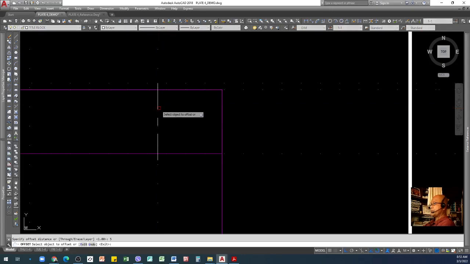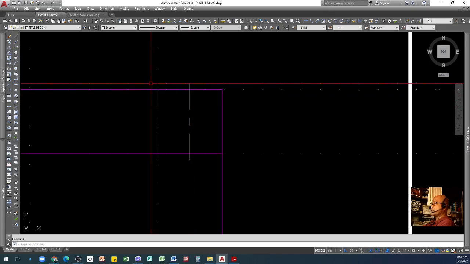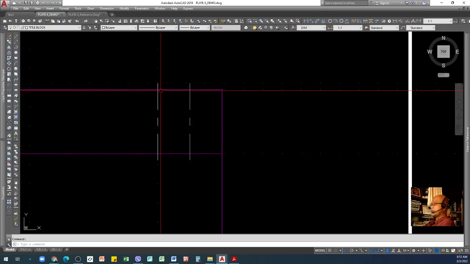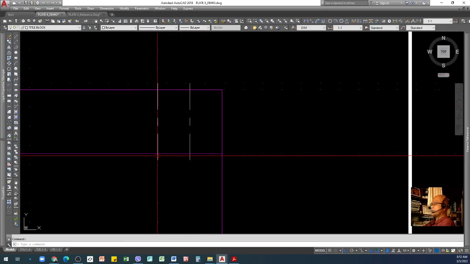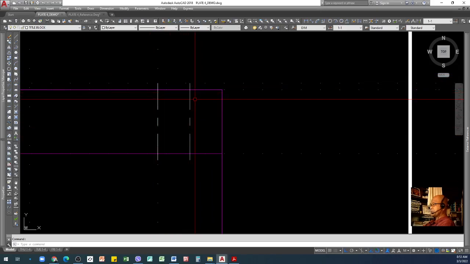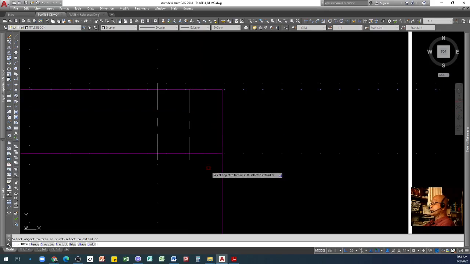Offset 5. And then since the center line is beyond the limit of the object, the hidden line is supposed to be inside the object only. So we have to trim this one.